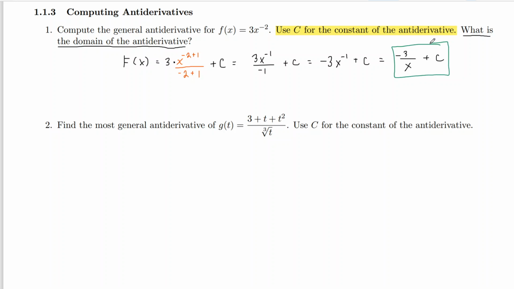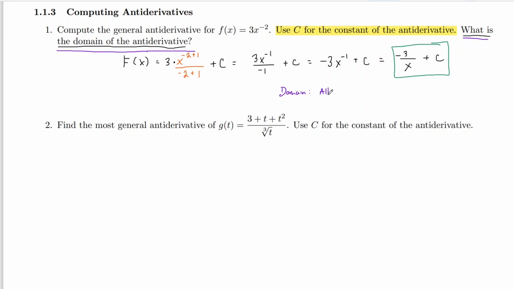This is the antiderivative. Now, the other part of this question we wanted to answer is, what is the domain of the antiderivative? Well, the domain of the antiderivative, you don't really have to think about it being anything special. It's just a function. What is the domain of this function? Well, the plus c is not going to do anything because that's just adding a number that will never affect our domain. But we cannot divide by 0. So our domain here